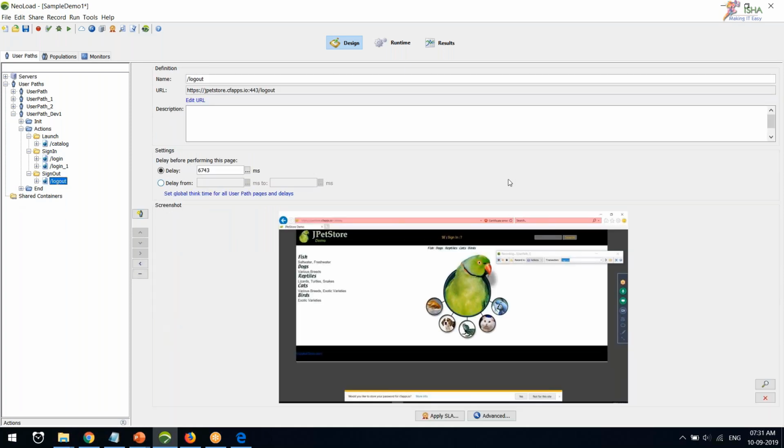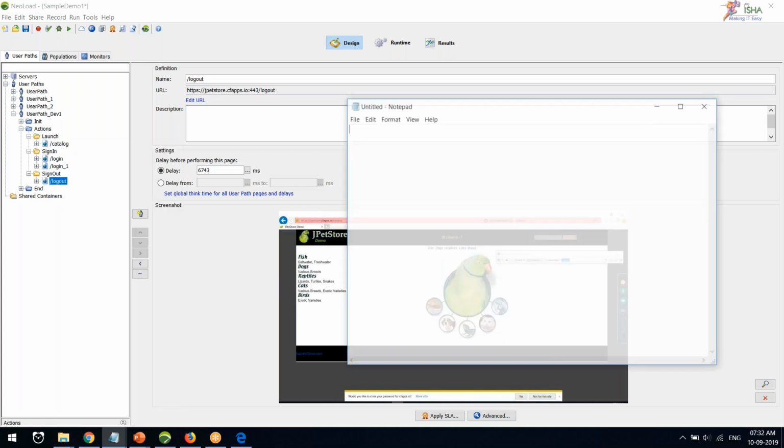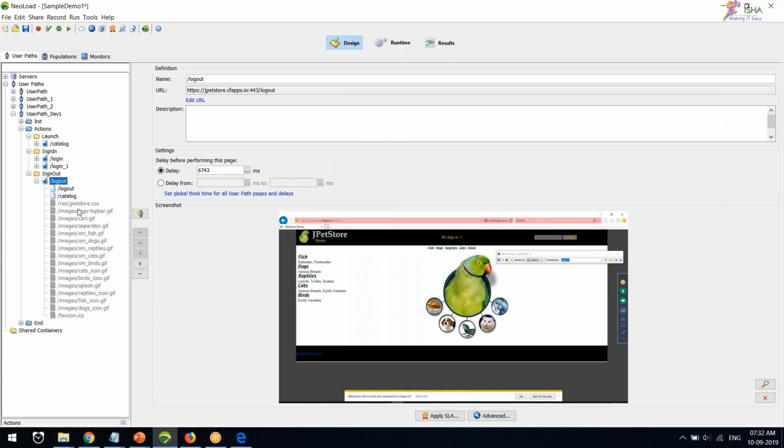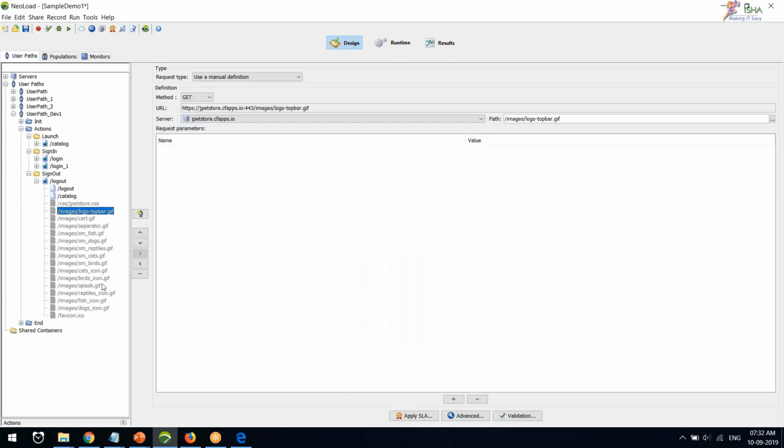What do you mean by embedded request type? Actually, what is that? Where do we need to disable it? Just a moment. Yeah, so it is embedded resources, right? Embedded resources are nothing but these, see, CSS files, GIFs, icons, PNGs, all these images, JS files, and the other files which we are going to disable, right? We are not going to check the performance of those